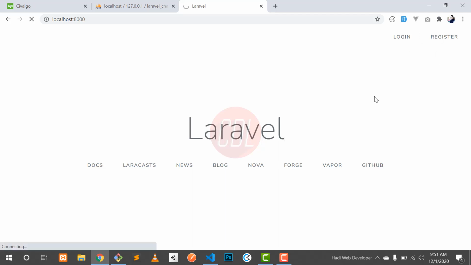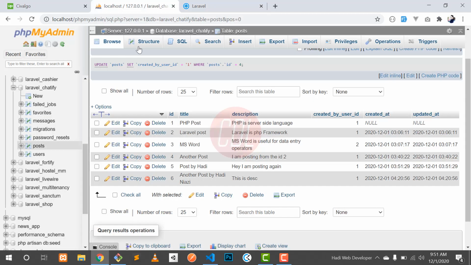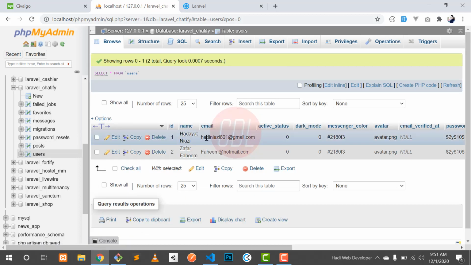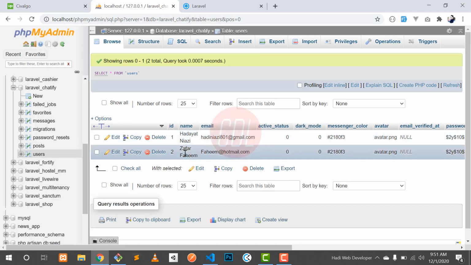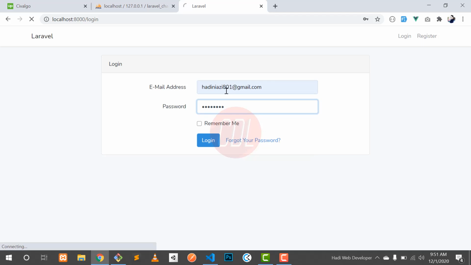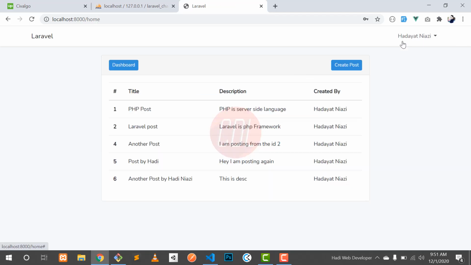If I go to login, I have two users in the database. The first one is Dayat Niazi and the second is Zafar Fahim. I first log in as Dayat Niazi with the password. So Dayat Niazi is logged in, and there are 1 2 3 4 5 posts.